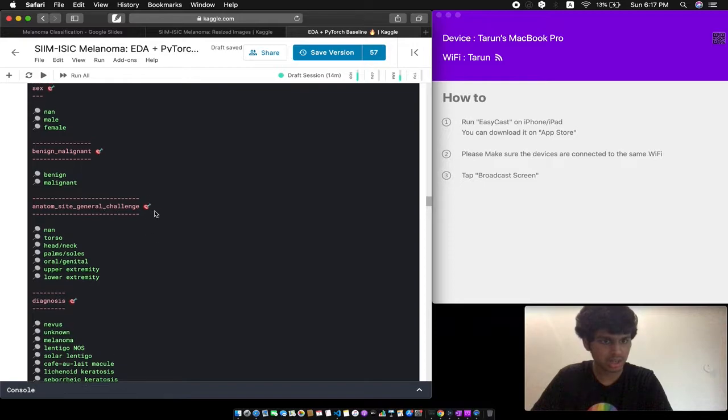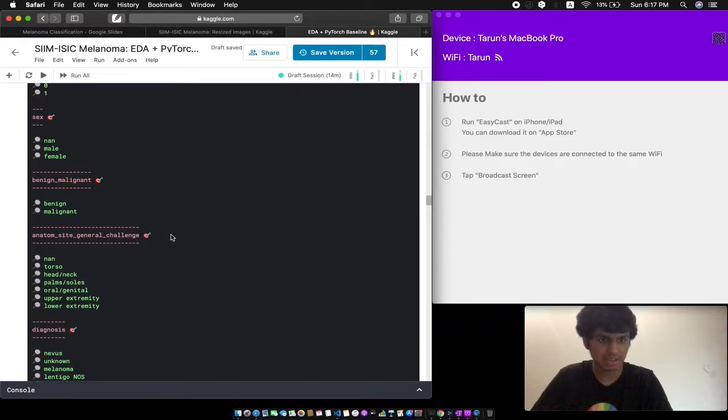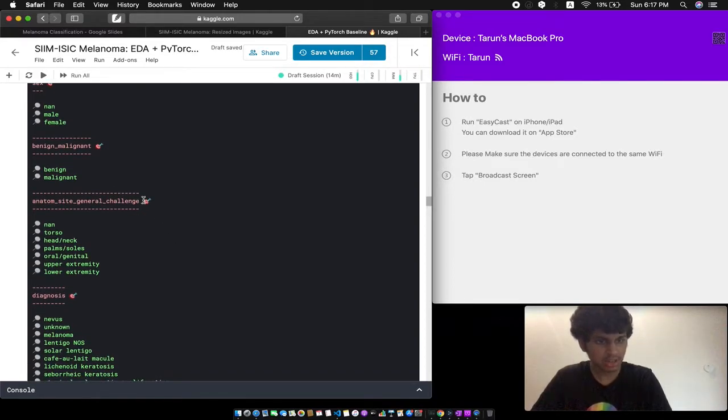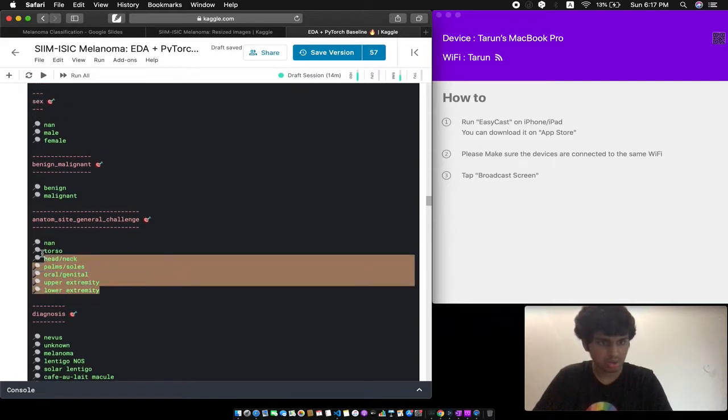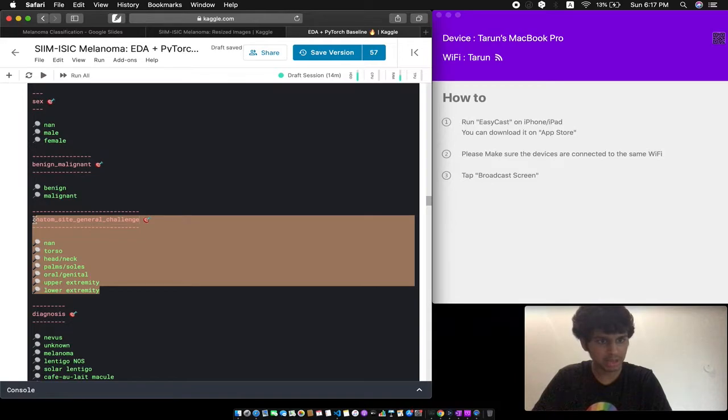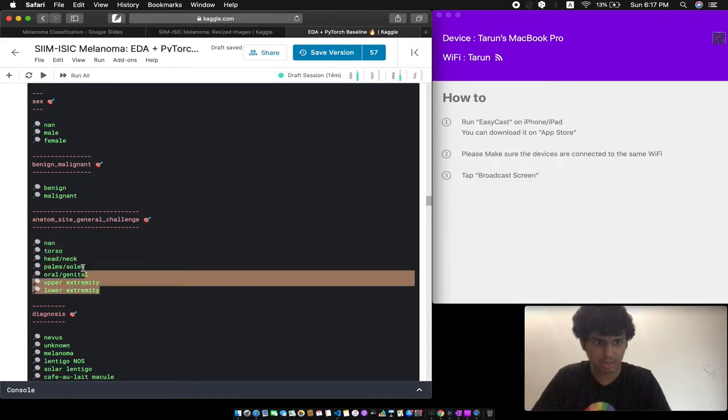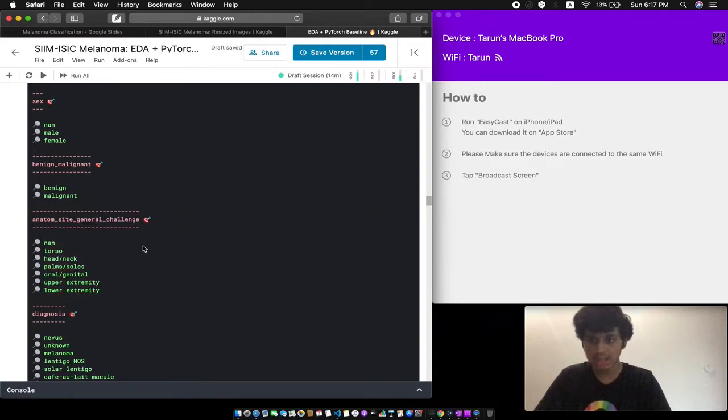Anatom site general challenge, benign malignant. So anatom site general challenge basically tells us which part of the body this skin image comes from. Can be torso, head, neck, oral, genital, from any of these places. So as I said, for this particular pipeline, we're not going to be using this particular feature, but you can integrate it to improve accuracy.